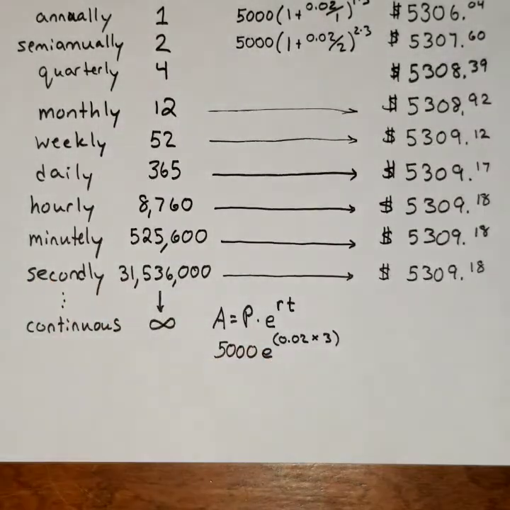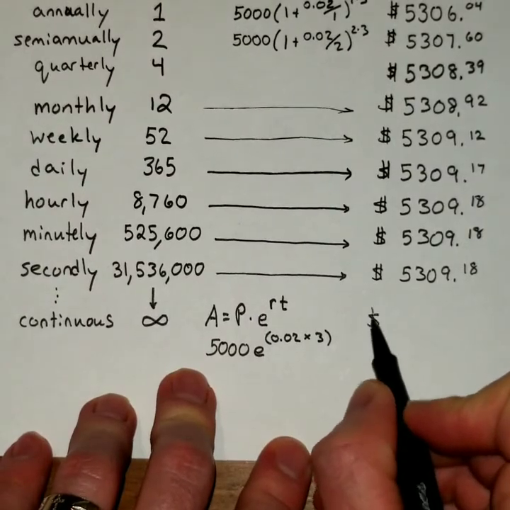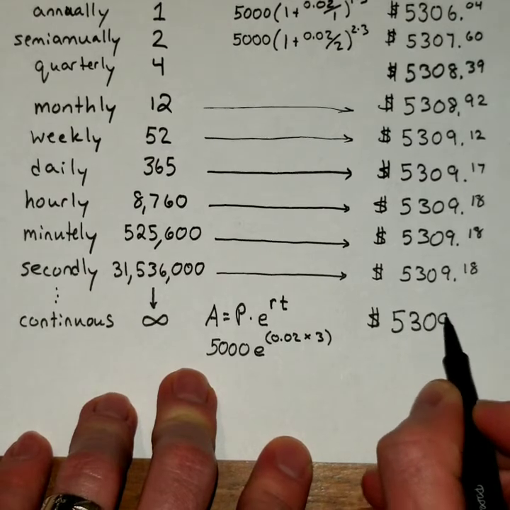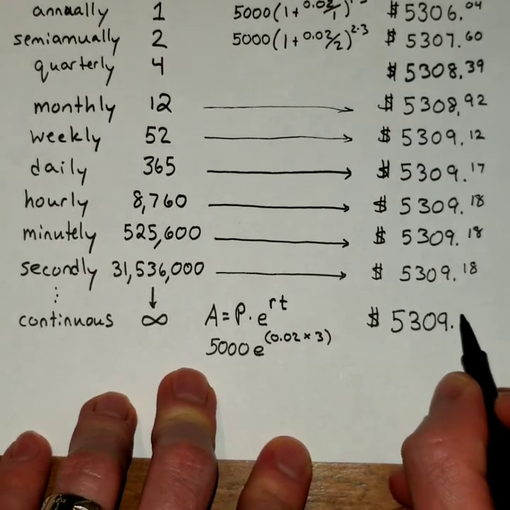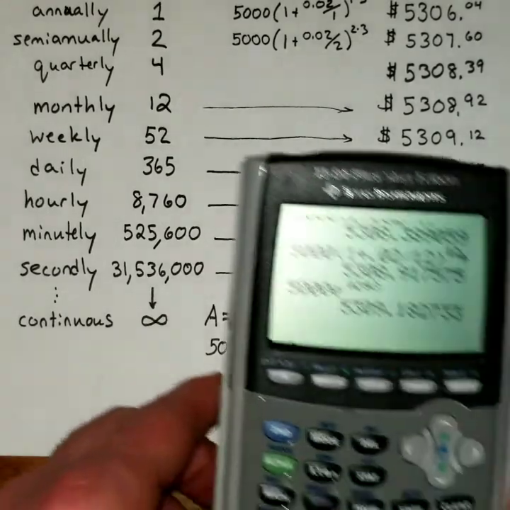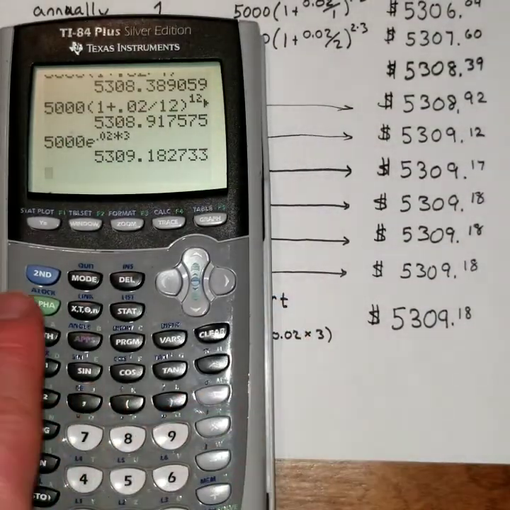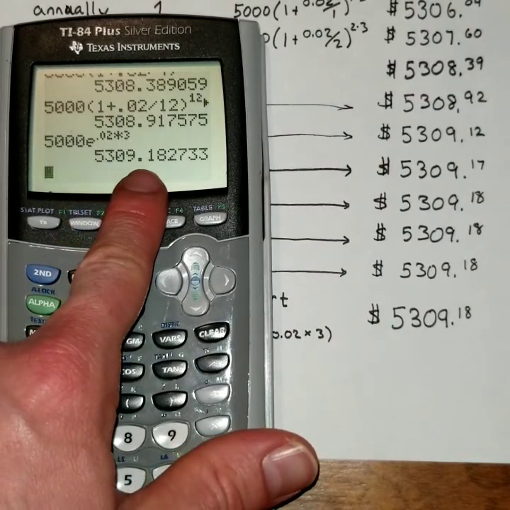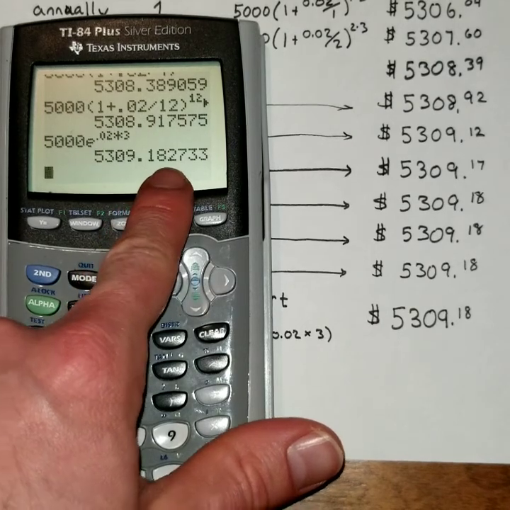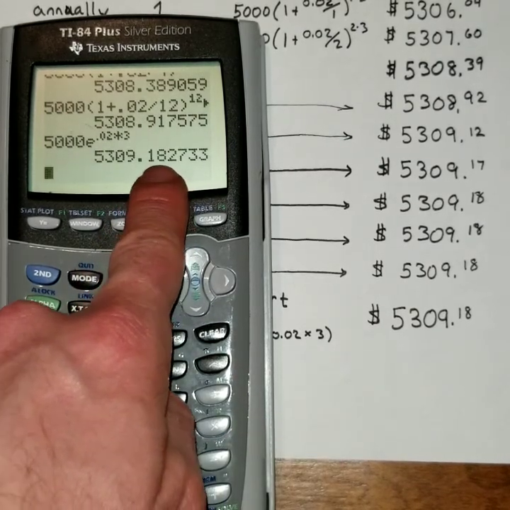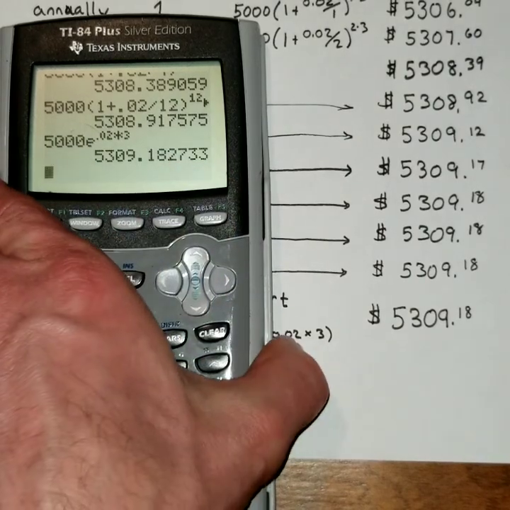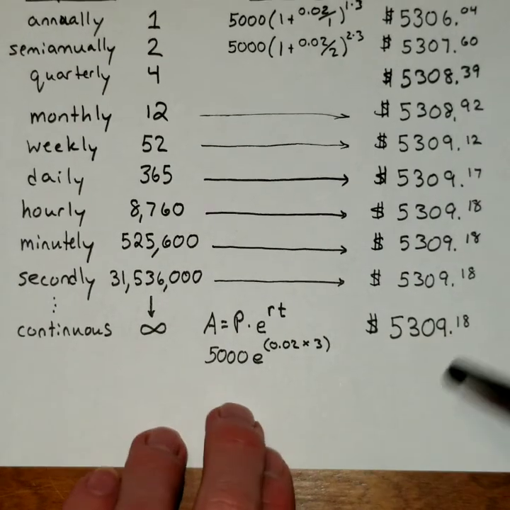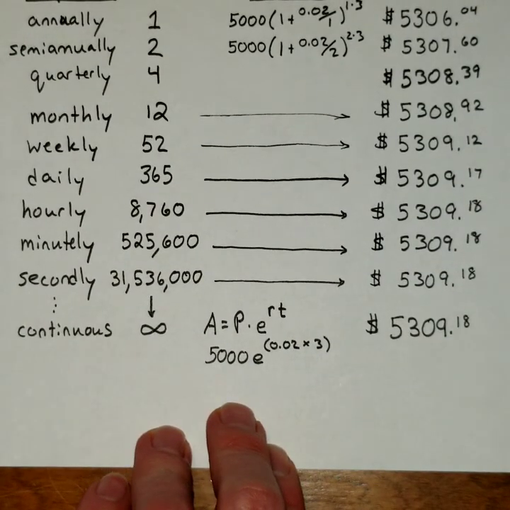And that should give us the maximum. This is kind of like the greatest possible outcome for compound interest. So it's still 5,309.18. Now, again, the decimal places to the right of the 8 are really the only thing that changes. You can see here, if we round it to the 8, they'll be the same. So the decimal places